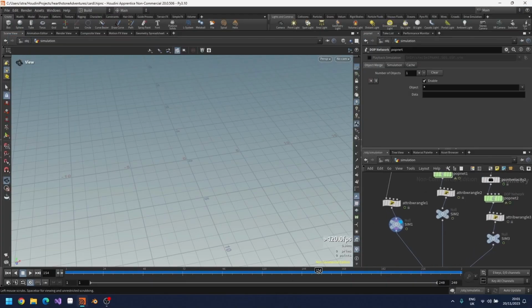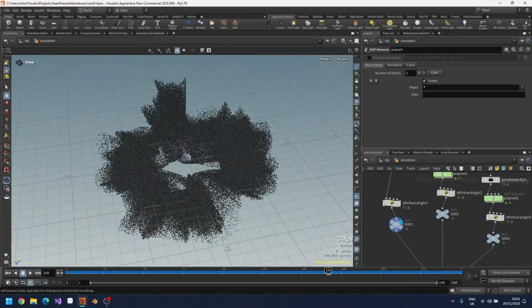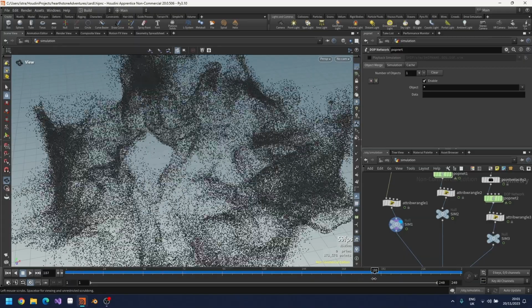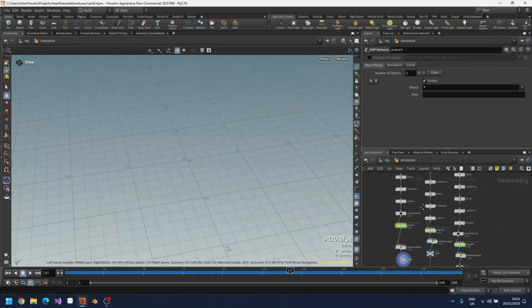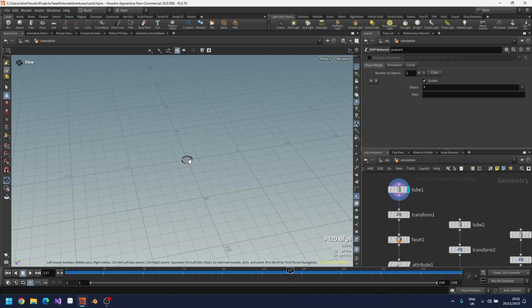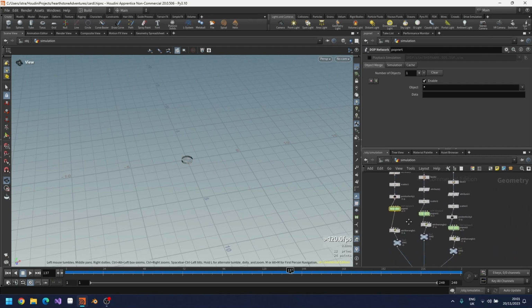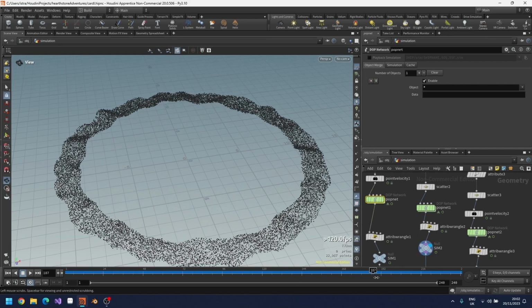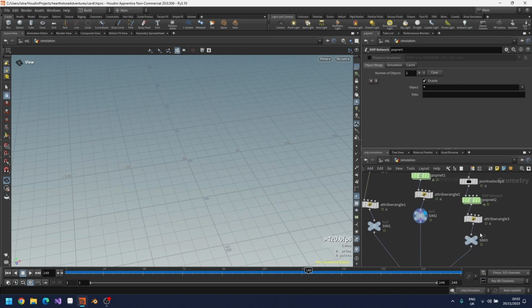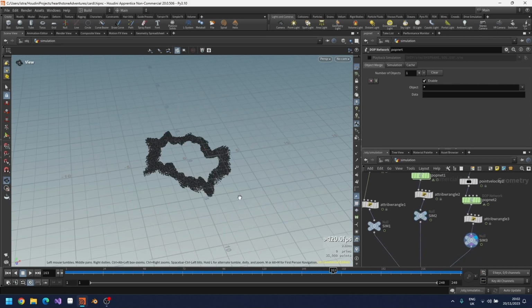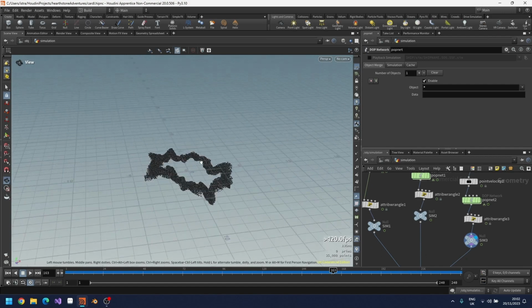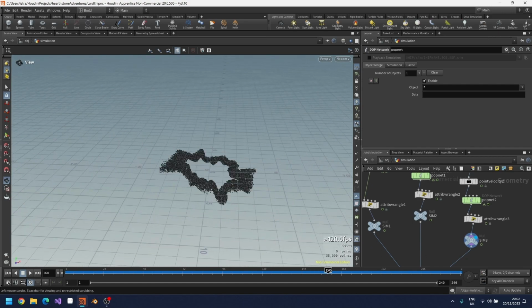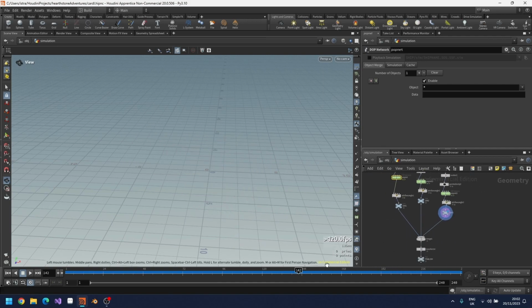So the first simulation is a shockwave like this. It explodes into a circle, and it slowly disappears. All the simulations, by the way, come from this tube. You scatter some points on it, and then you do it. The second simulation is a straight circle. And the third simulation is a slightly rotated circle to the right with more fluctuations in it. There you go. So when you combine these together,